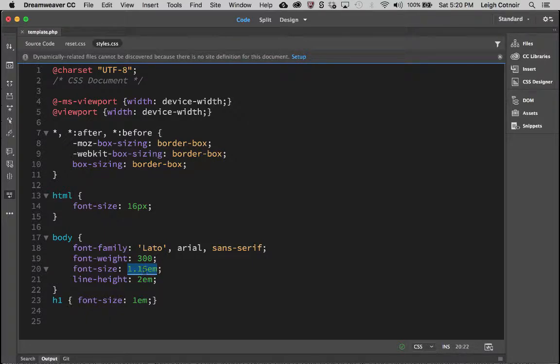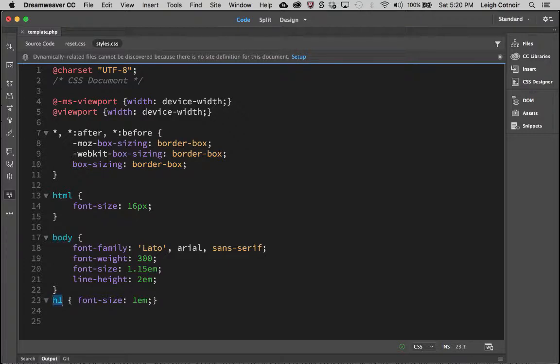Well, 1.15em is sort of like saying 115%, so like 15% larger or on top of 16 pixels, right? So this is basically saying it's 115% of 16 pixels,